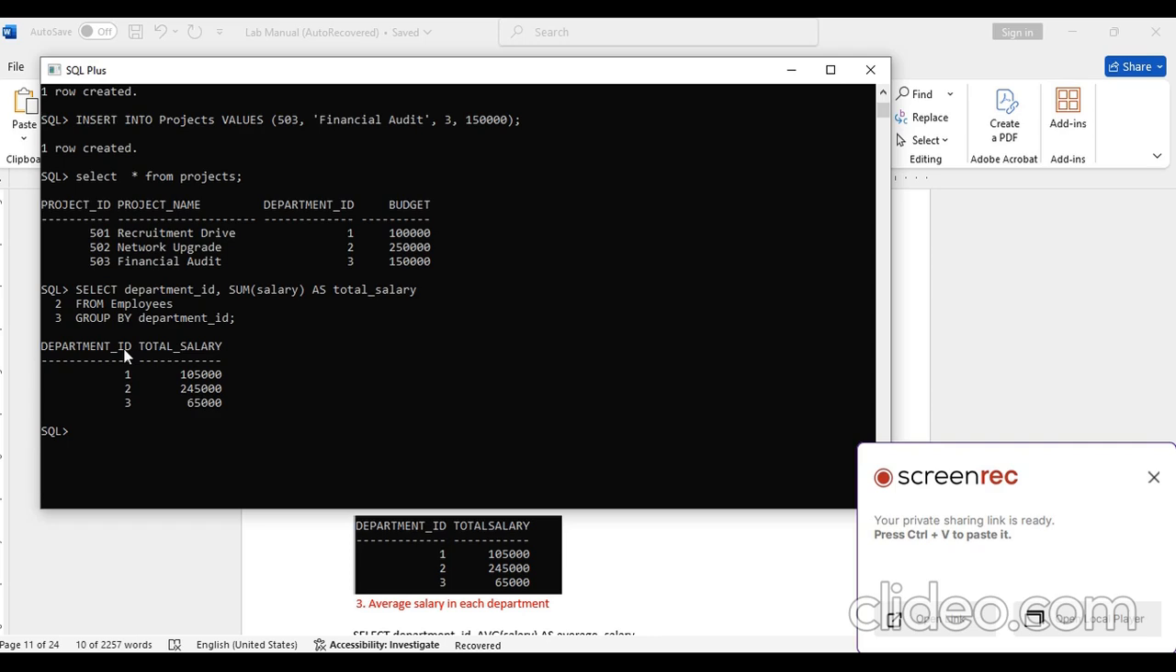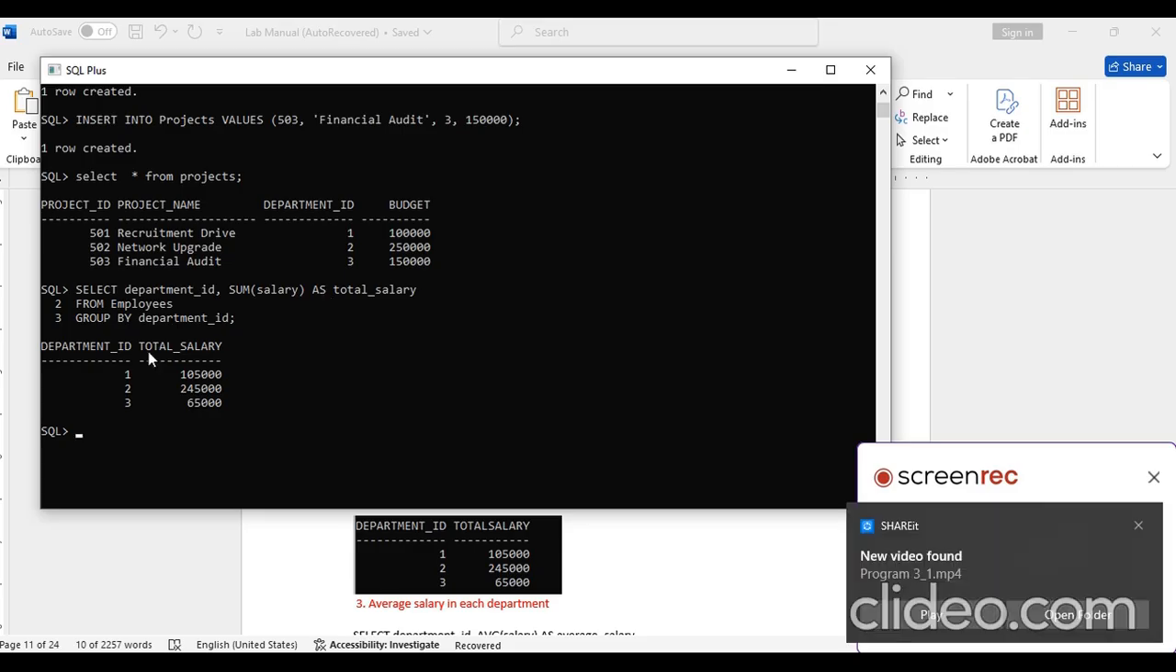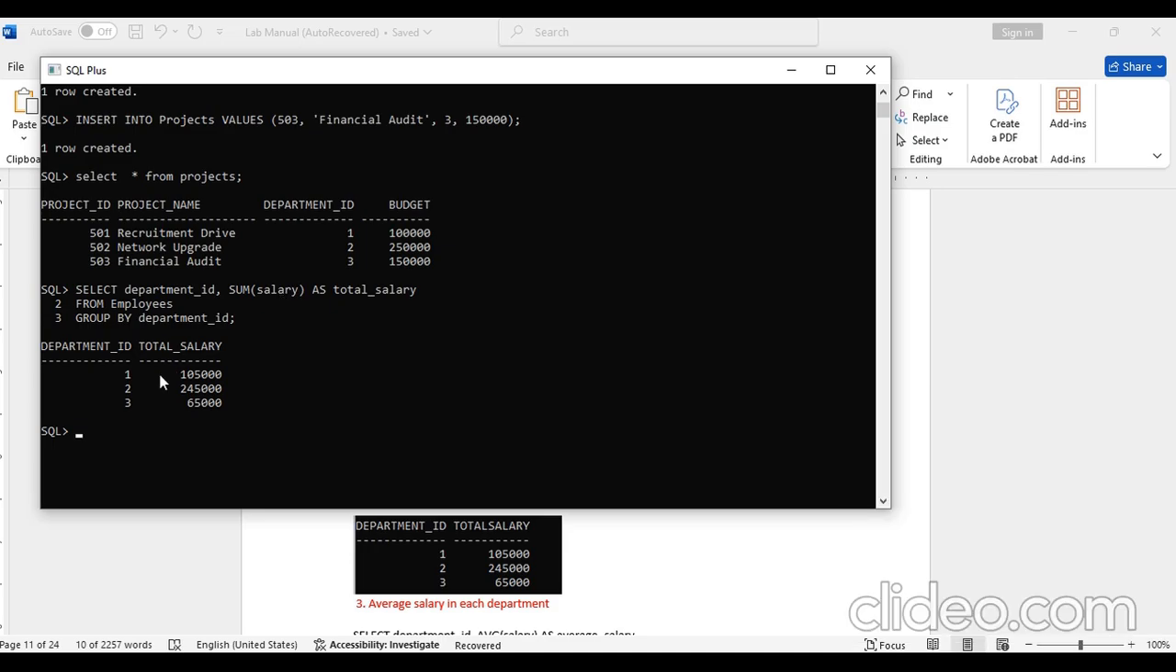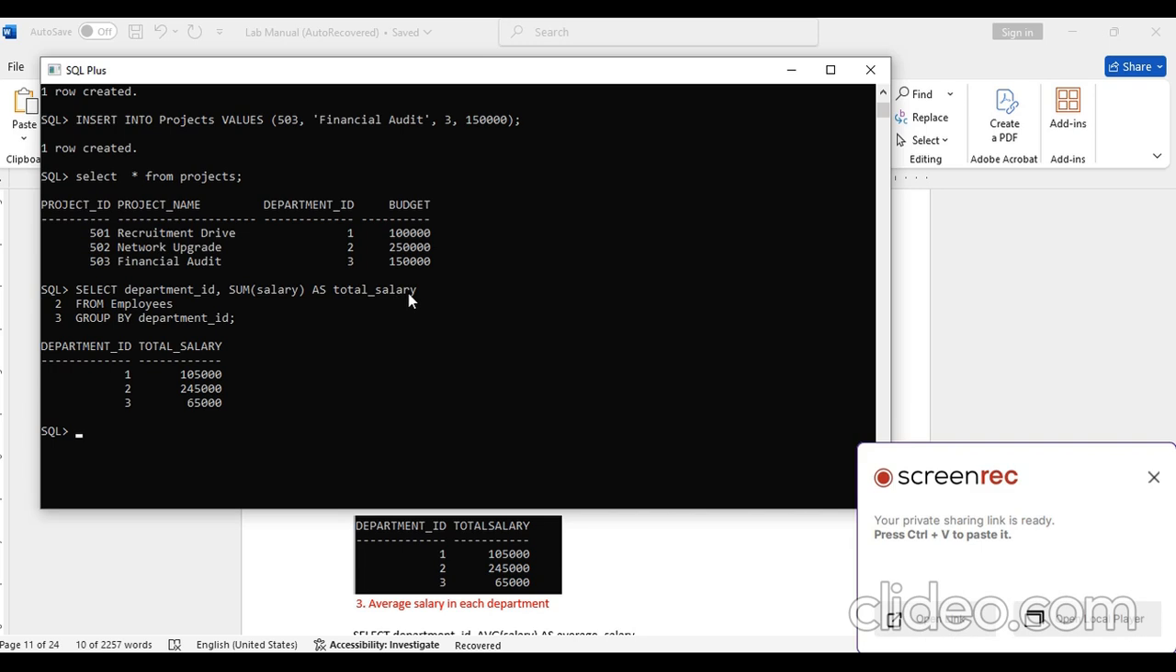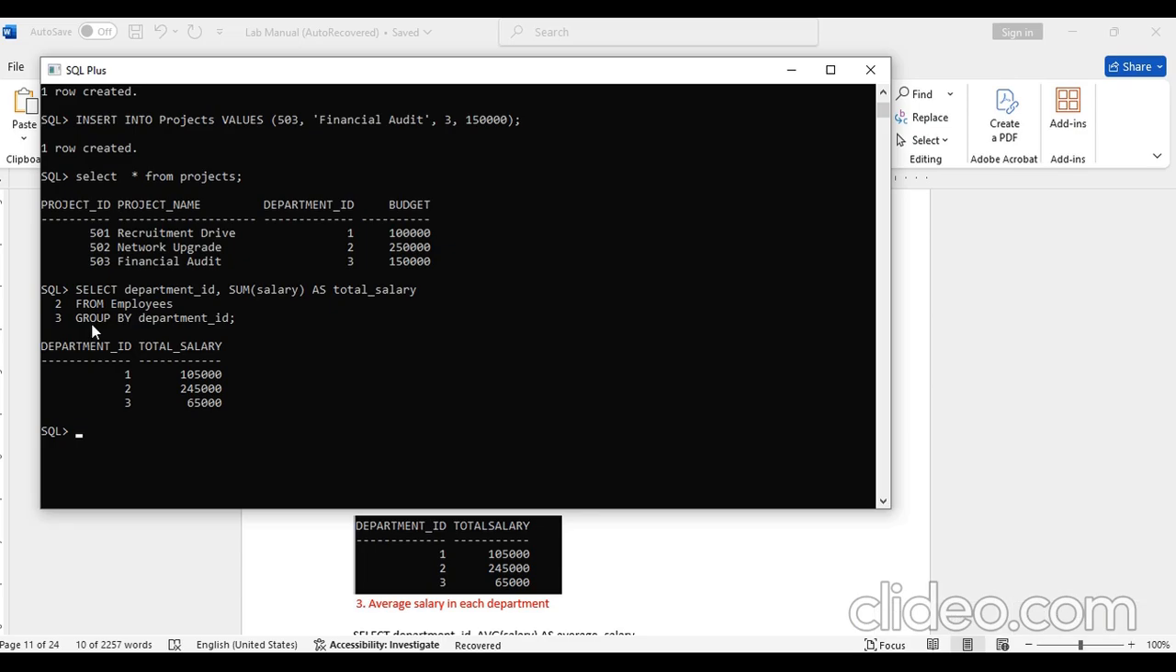Then sum of salary: department wise we are going to display the total sum of the salary per department, how much salary is given, and this attribute will be named total salary. Sum of salary means whatever salary accumulates department wise, we are giving the name total salary. From which table? From the employee table, and group by